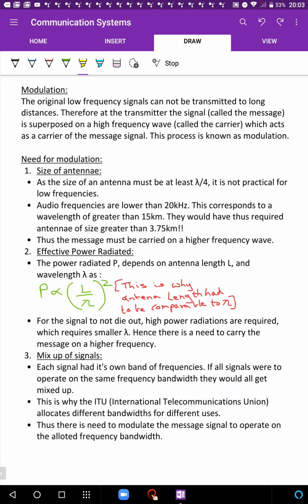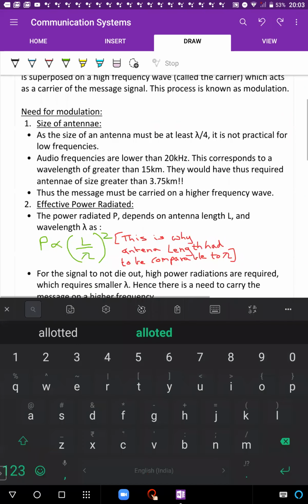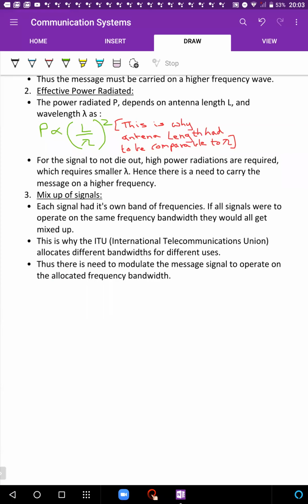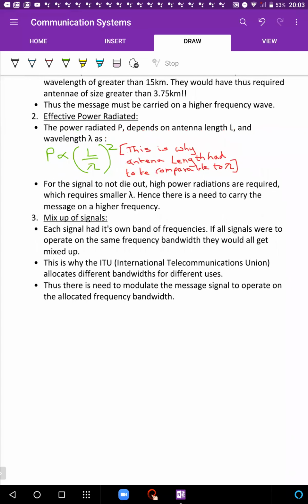Okay? So imagine all human voices talking more or less. We are going to be in a fixed range. Human voice talking maybe 300 hertz to 900 hertz. Okay, we're going to be in that range. So radio में कुछ चल रहा है, हम phone पे बात कर रहे हैं, TV में कोई बात कर रहा है. The audio signals, original audio signals are all in the same range. But now the bandwidth in which the radio wave is sent, they're all different. So there is a need to superpose our audio signal on top of different frequencies. All right. So to send out signals of desired frequencies that have been allocated to us, we have to rely on modulation. Okay.